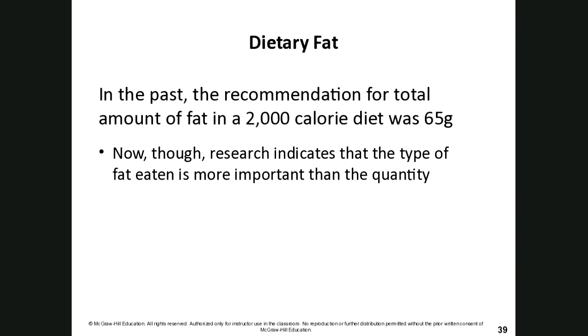So in the past, the recommendation for the total amount of fat in a 2,000 calorie diet was 65 grams. Now, research indicates that the type of fat that is eaten is more important than the quantity of it. So if you're going to consume fats, and I'm a person that loves fats, I like olive oil. I use olive oil for pretty much every meal that I cook. Having ghee every now and then, which is an animal fat, is a good type of fat for you to have. And even butter, particularly grass-fed butter, is an excellent fat for your diet because you are getting lots of